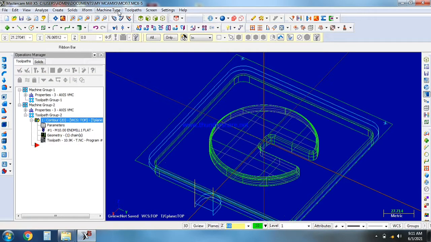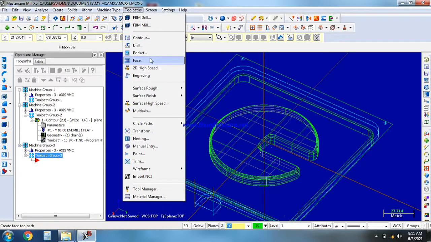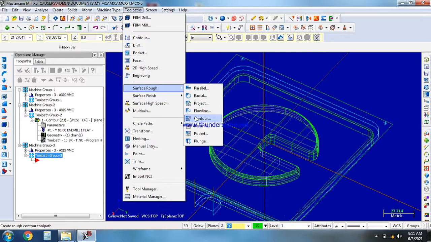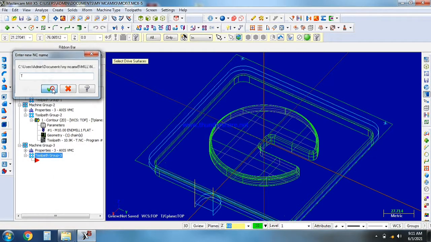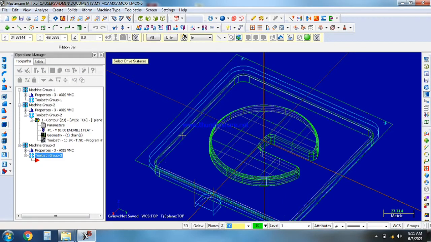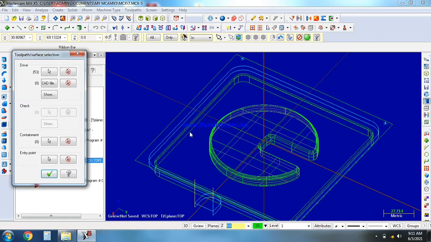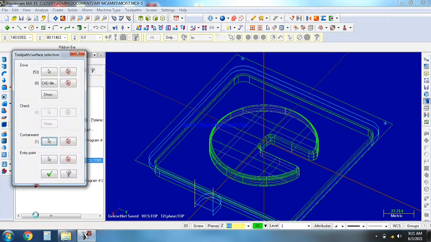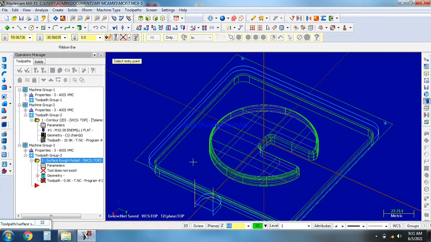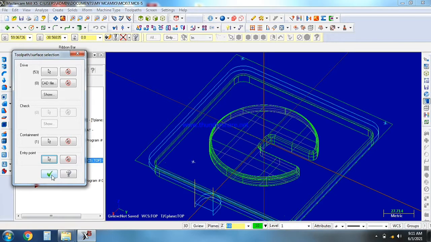As usual we select a machine. Already we have the default VMC. Then the roughing pocket will be selected. Then click it, give any name, the same name I give. Select the surface tray, we require the same one. I select all. The containment zone is the border lines. The border lines I already drew, the rectangle. Click it. Then safety, then entry point, click it.